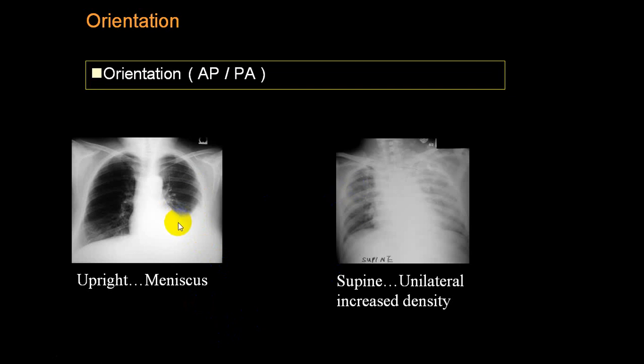Now the same person in a supine posture, see, you can't differentiate the diaphragm on this side clearly. You cannot make out the border of the heart very clearly, and you cannot identify the lung pathophysiology. And here you can clearly identify. So there is a unilateral increased density you can see in the supine posture, and the mediastinum and clavicle cannot be separated very nicely. Costophrenic angle you cannot make out.